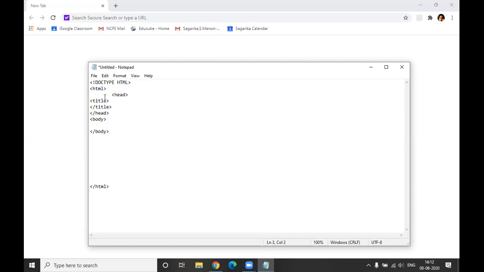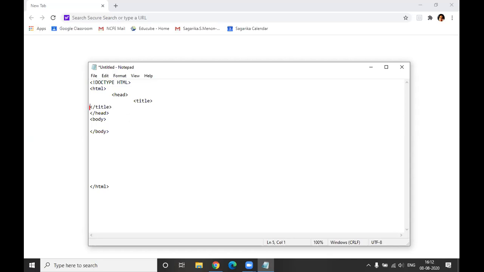Then go over here, title, and click the tab key. Tab, and one more tab. Very good. Then do the same thing for this one. Two times or once?